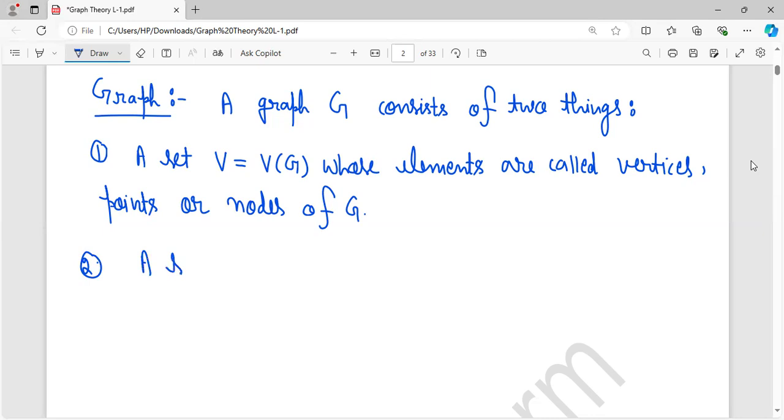Second one is that E is equal to EG. It is denoted by E is equal to EG, that is a subset of V cross V of unordered